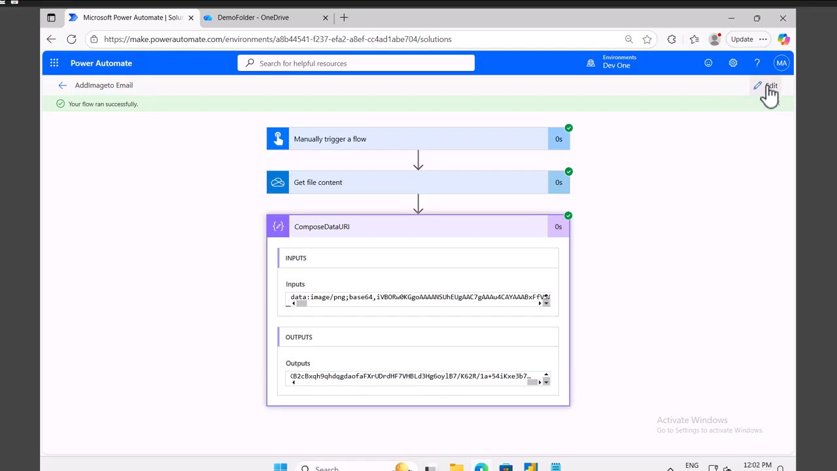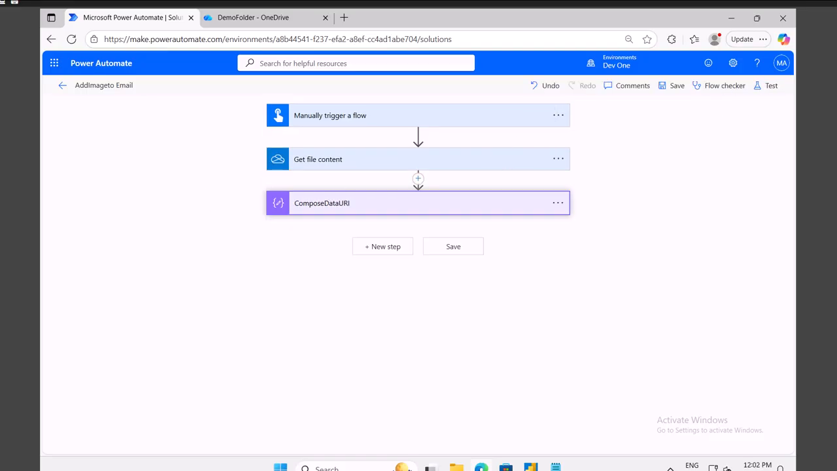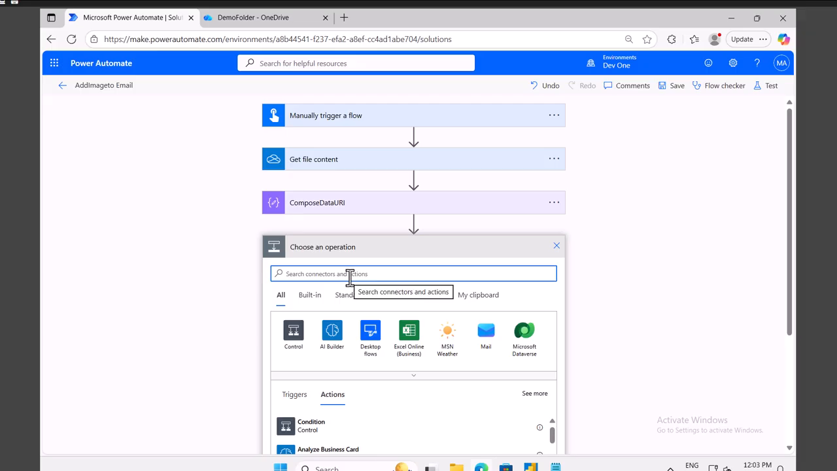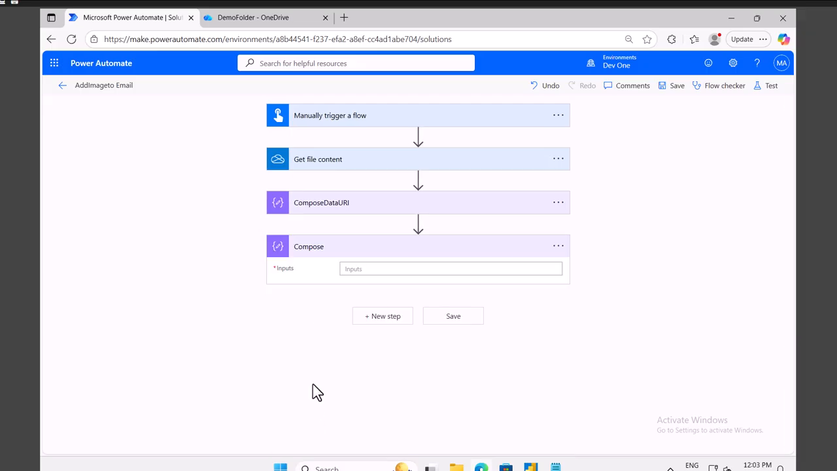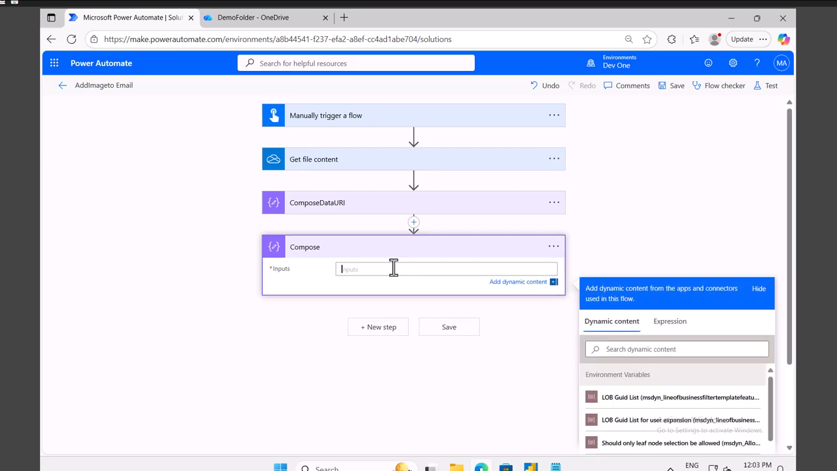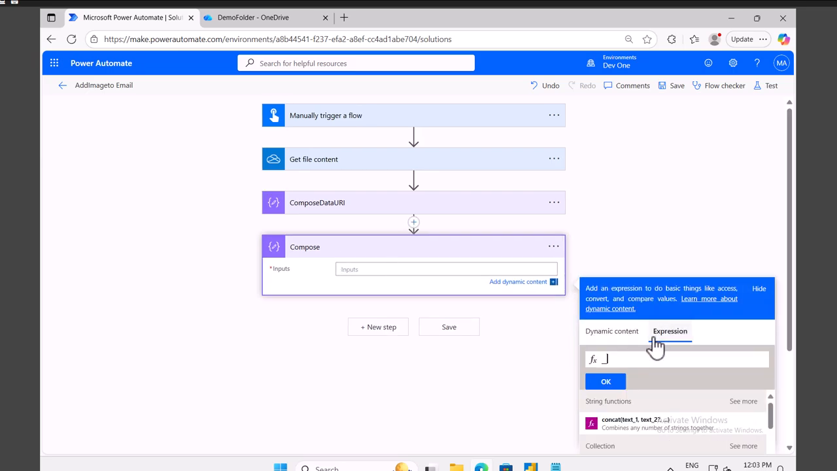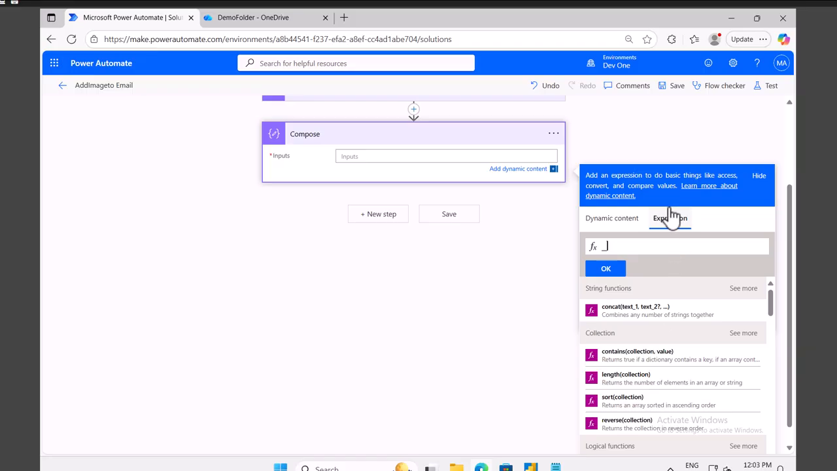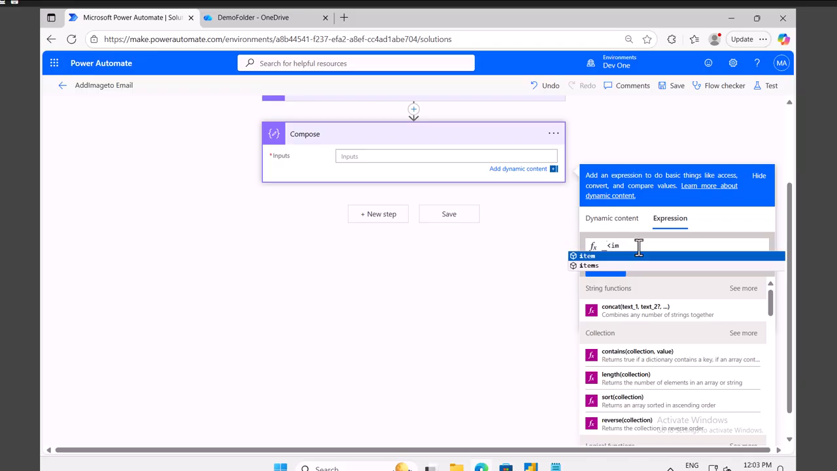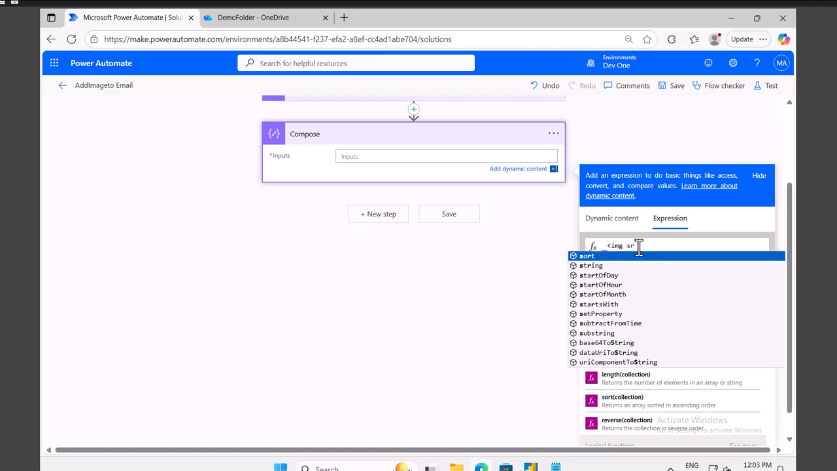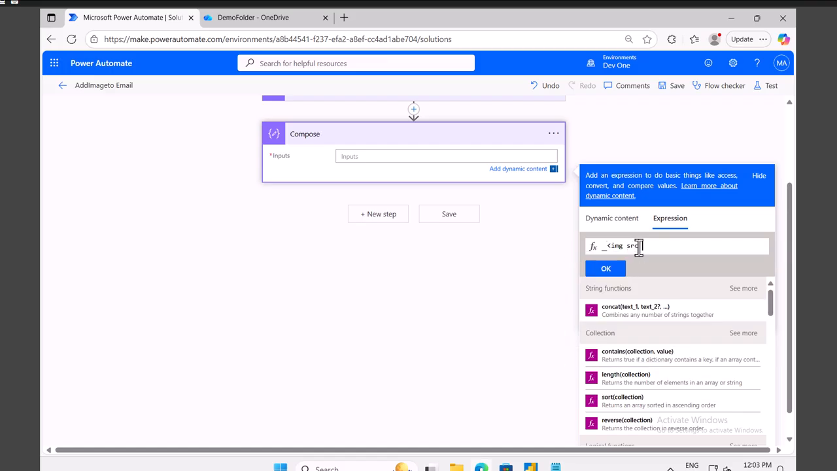Alright, now I will click on edit button. Now I will add one more compose here. I will say new. I will use my compose. Alright, so let me write down the expression here. So see it very carefully. You might commit a mistake here. So what I'm going to write, I will say image source equals to,